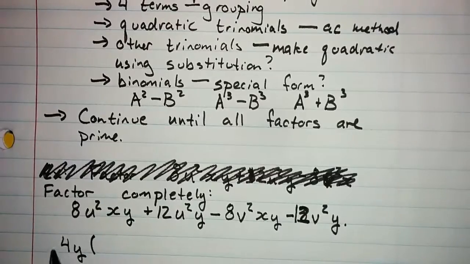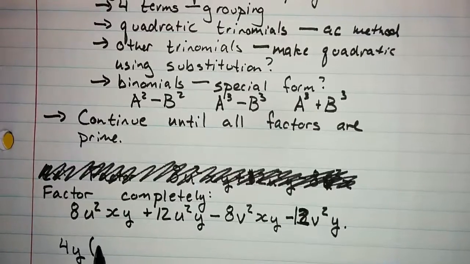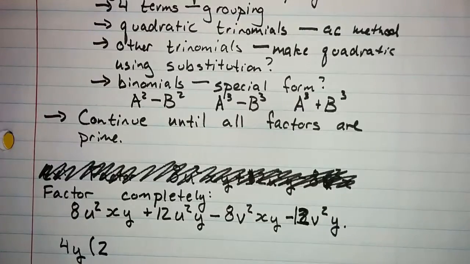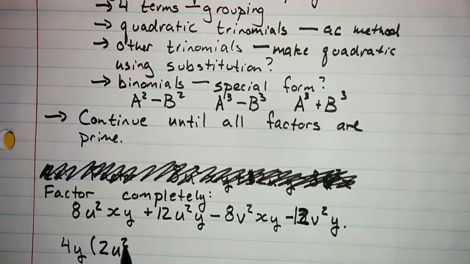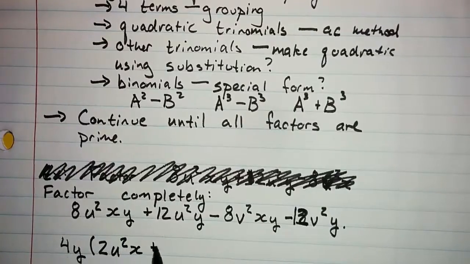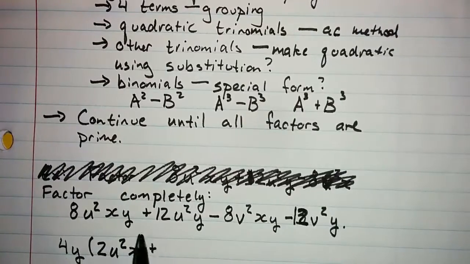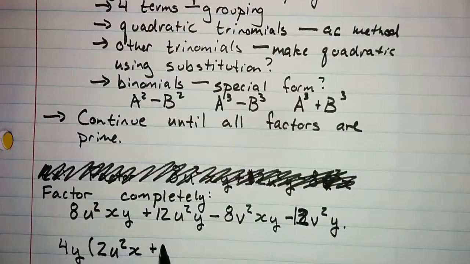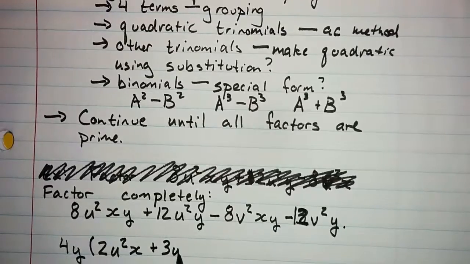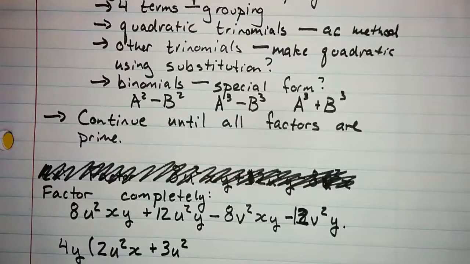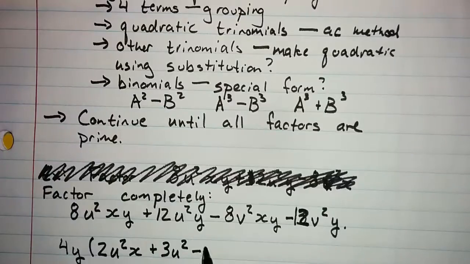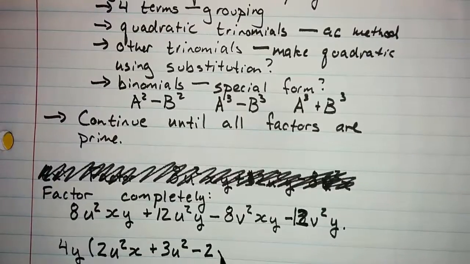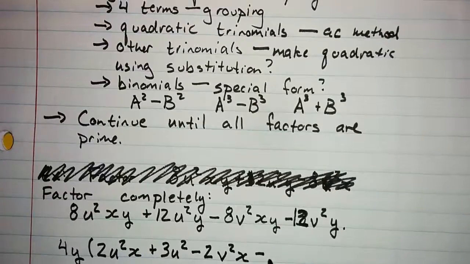What's left? 4 times what is 8? 4 times 2 is 8. I'll have 2u squared x plus 4 times what is 12? 4 times 3 is 12. 3u squared minus 4 times what is 8? 2 again. v squared x minus 3v